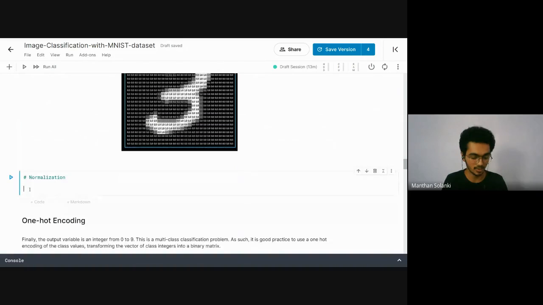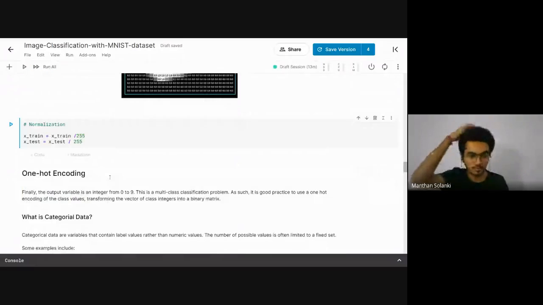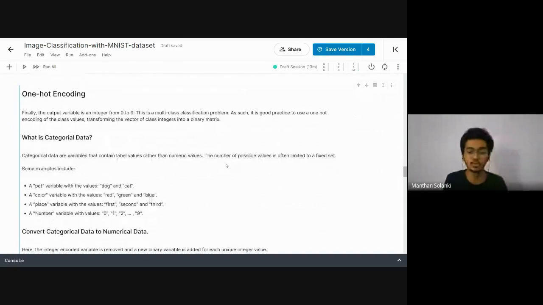So in this case, we will simply divide our x train data by 255, and x test is equal to x test divided by 255. So this is the normalization step. Now the labels for one hot encoding. Just look at the binary classification criteria. As I told you above, if we have binary classification, I am giving the value 1 or 0. These are the two individual values. But here we have the combination of 0 to 9 labels.